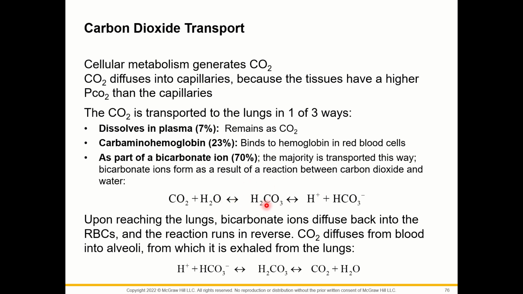And so carbonic acid dissociates. It's a weak acid. It doesn't completely dissociate. So it dissociates partially into hydrogen ions and a bicarbonate ion. And so this is a reaction that goes back and forth. It moves from the left to the right, right to the left as needed. And so the bicarbonate ion is a base which can then absorb the hydrogen ion to become carbonic acid, which can then go back into water and carbon dioxide, and then the carbon dioxide can be exhaled